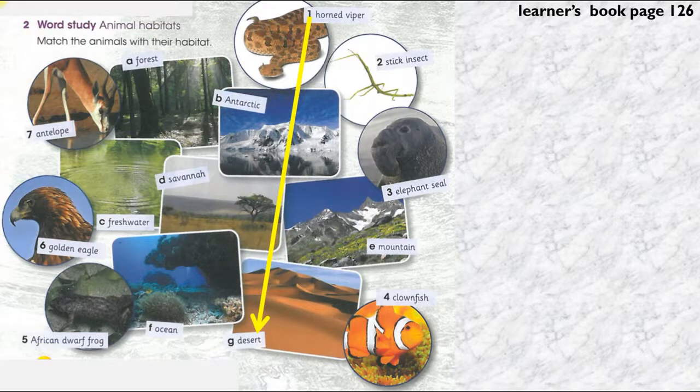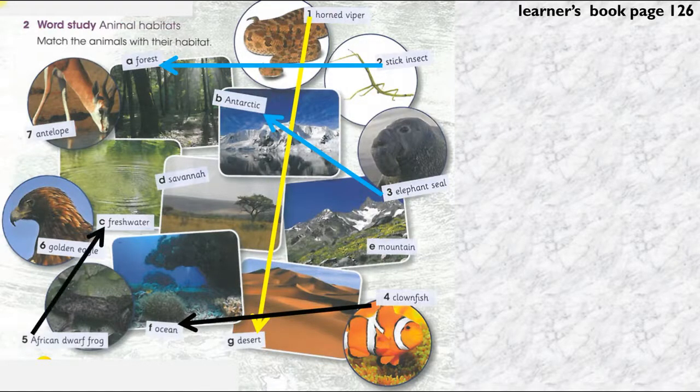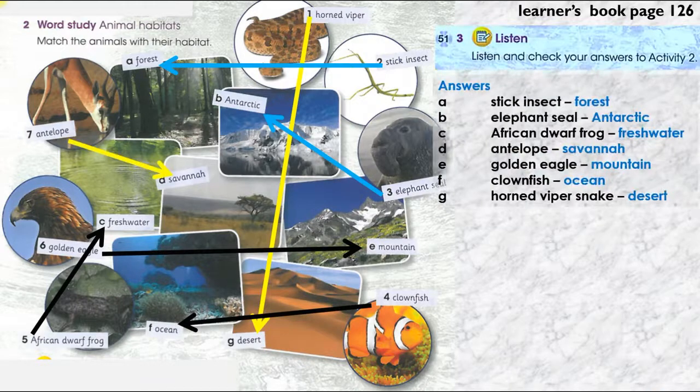The horned viper is going to be with the desert. How about number 2, the stick insect? Yes, the forest. How about number 3, the elephant seal? Yes, Antarctic. How about number 4, clownfish? Yes, with the ocean. How about number 5, the African dwarf frog, the freshwater, and the golden eagle with the mountain, and the antelope with the savannah. Okay, now